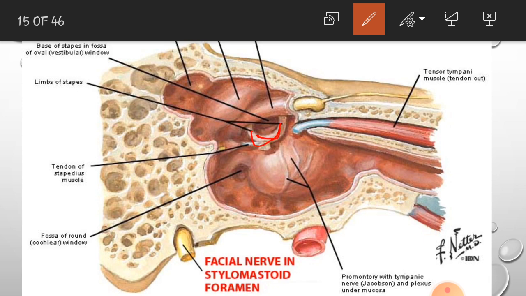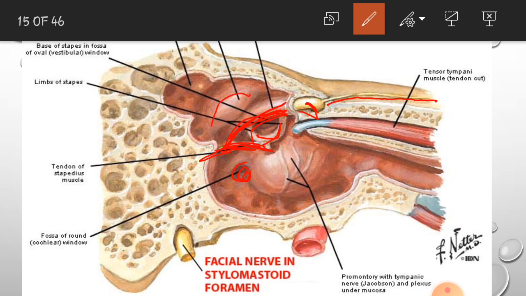We can also see the stapes. This is the stapes. This is the pyramid. A muscle arises from the pyramidal process which is called stapedius, and it is inserted onto the stapes, okay. The footplate of the stapes lies onto the oval window. This is the round window. Then here we can see the bony canal for the facial nerve. We can see the genu of the facial nerve here, and from the genu, can you see this nerve that arises? This is the greater petrosal nerve, okay.